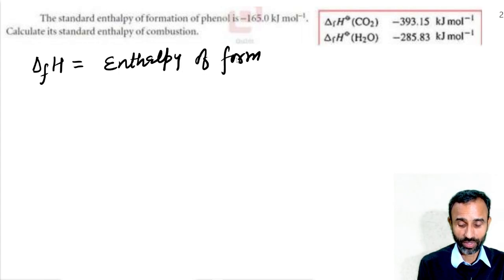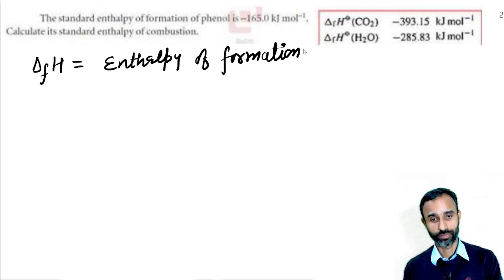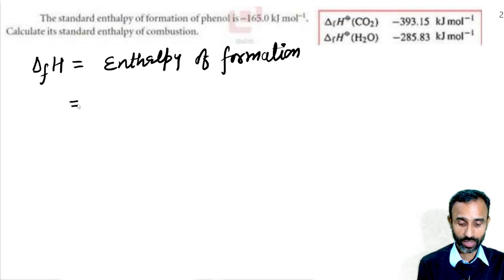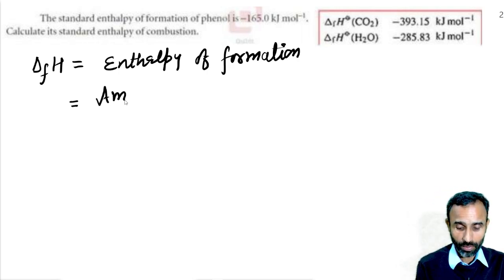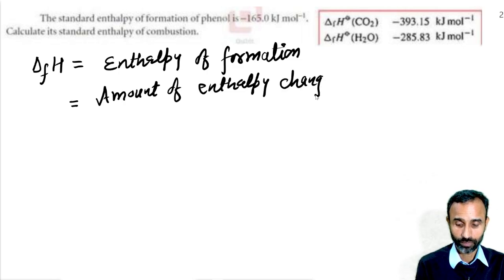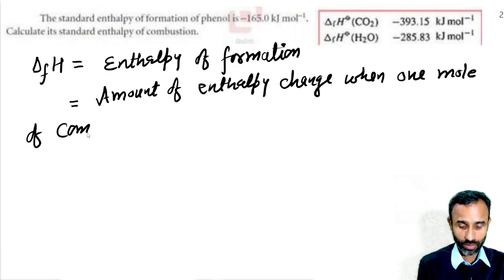First of all, whenever it is written enthalpy, it is for 1 mole. So now it is enthalpy of formation. That means 1 mole of something is formed. So 1 mole of compound is formed. So it is the amount of enthalpy change when 1 mole of compound is formed